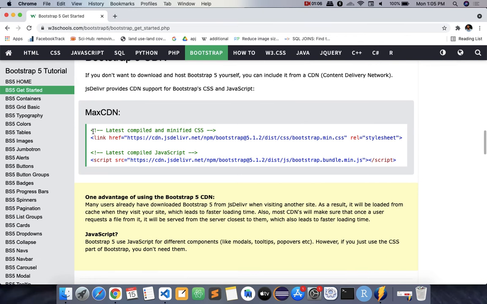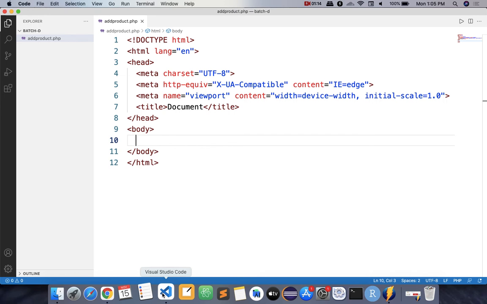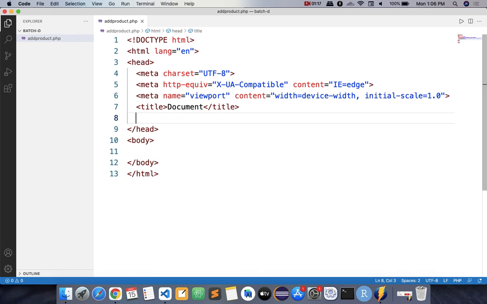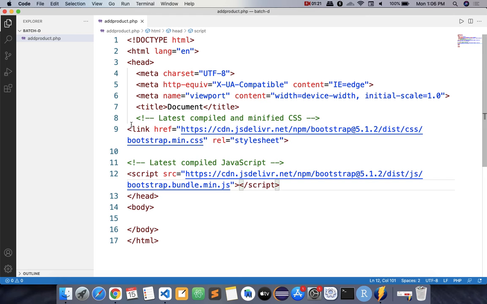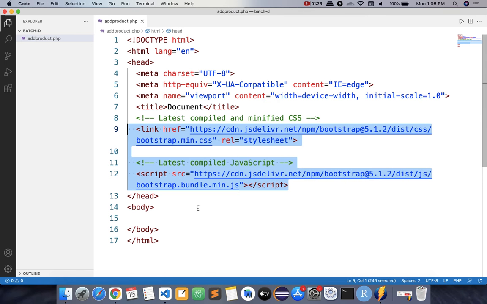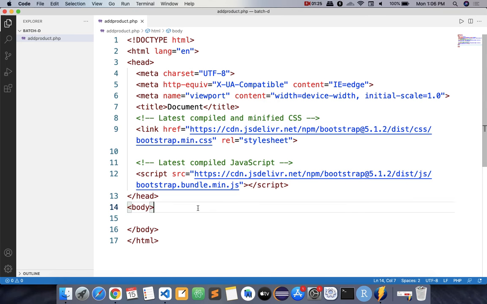Copy your CDNs here. It means that all the necessary classes will be available directly from the internet through these links. So copy them and paste them inside the head tag. Okay. So you can access the predefined classes. This is for the front end, for designing purposes.